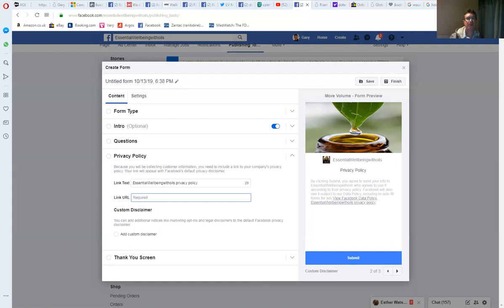So I'm just going to quickly go onto their site and go right to the bottom of the page where it'll have privacy policy, and then I copy and paste that. So if we come back to the Zoom,